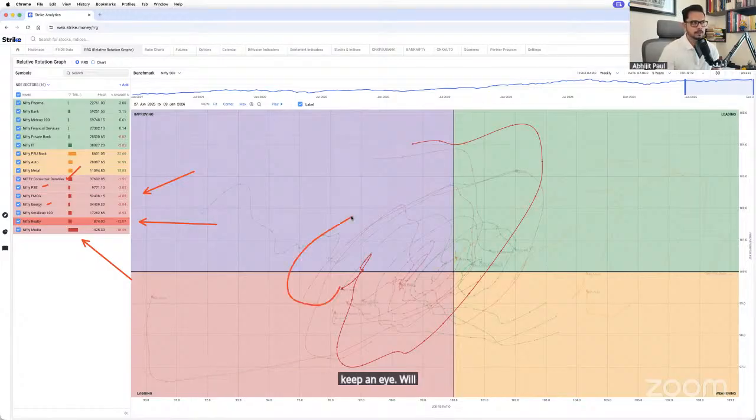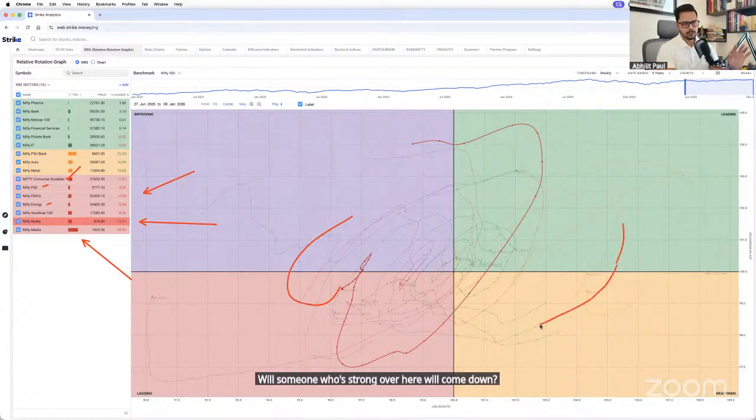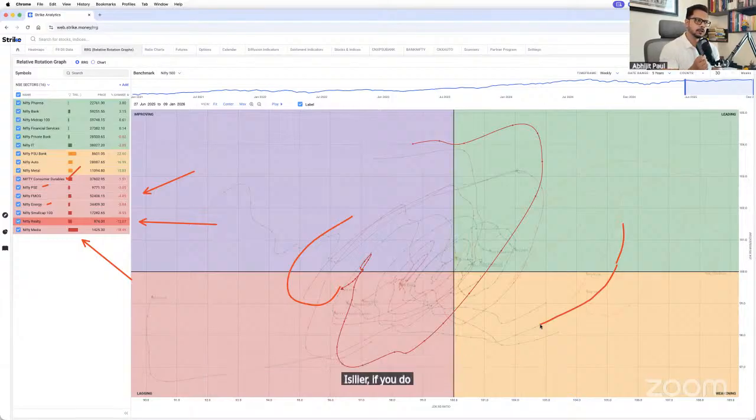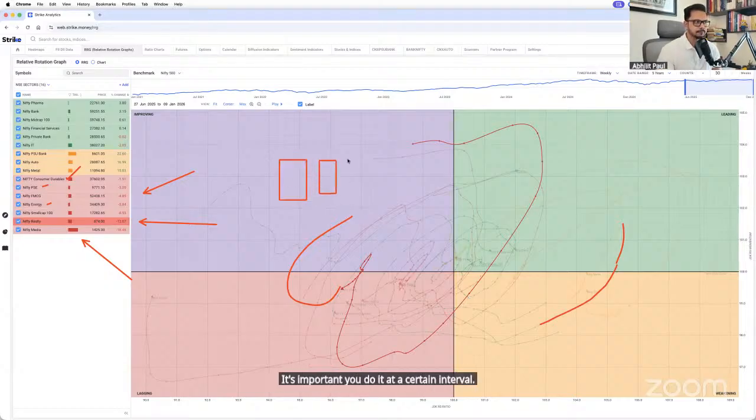Will they reverse like this? Will someone who is strong over here come down? That is called sectoral rotation. That's how sectors rotate. That is why, if you do relative strength analysis the way we are doing right now, it's important you do it at a certain interval. I do it every end of week,